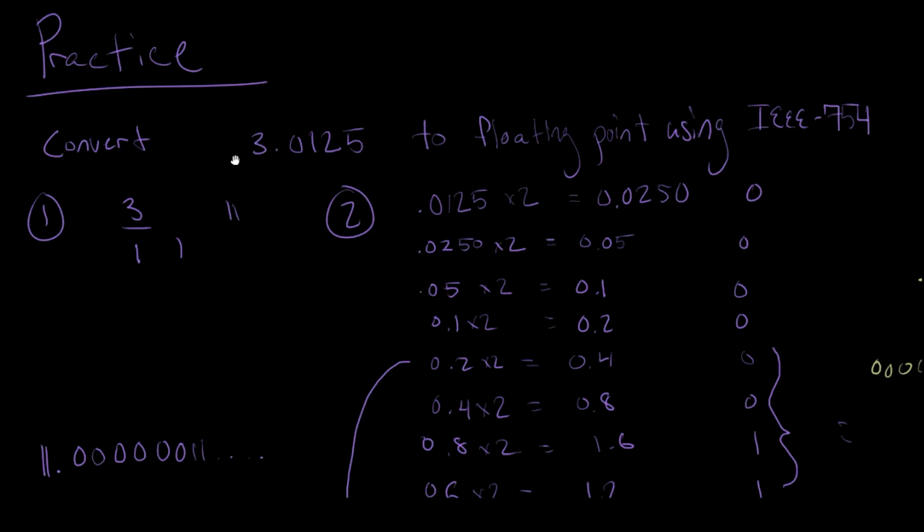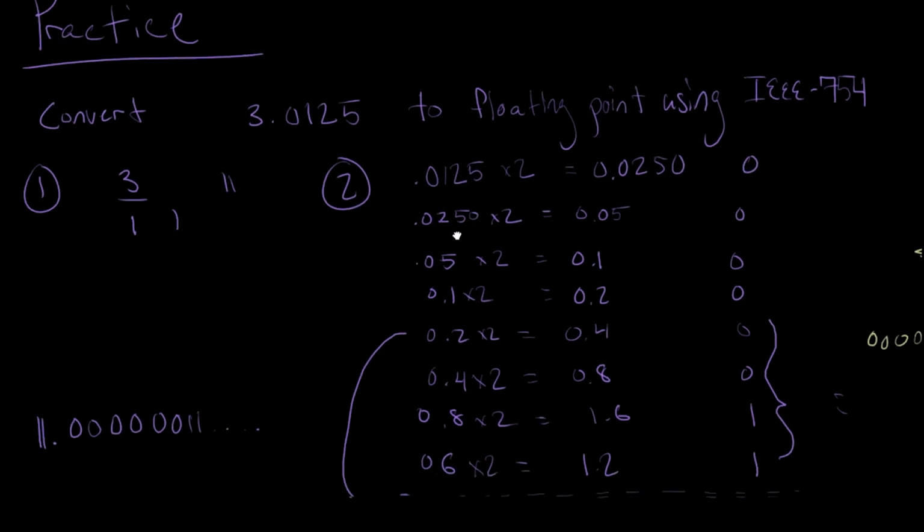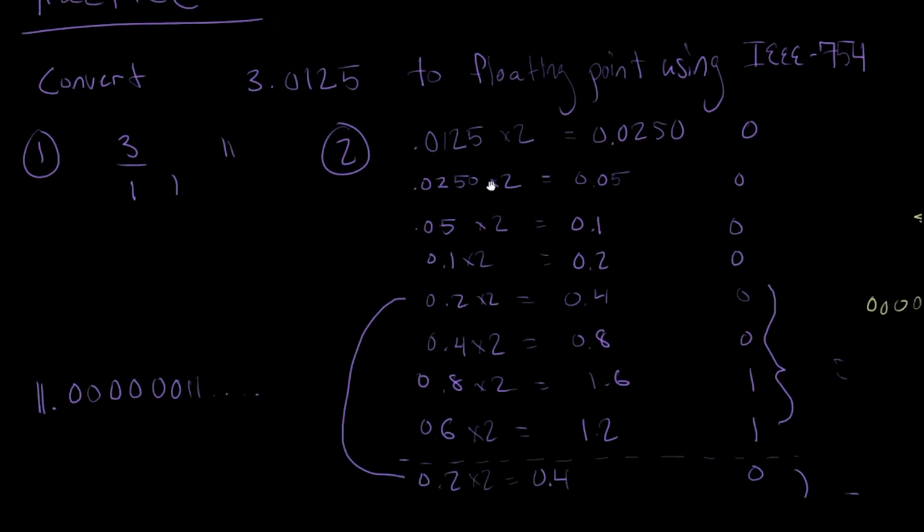When we have numbers that are greater than 1, we use that technique of dividing by 2 and storing the remainder. With numbers less than 1, we do the opposite. We multiply by 2, and then we keep whatever's on the left hand side of the decimal. So 0.0125 times 2 is 0.0250, and there's a 0 here, so we store that. And then we do the same thing until we reach a 1 on the left hand side,